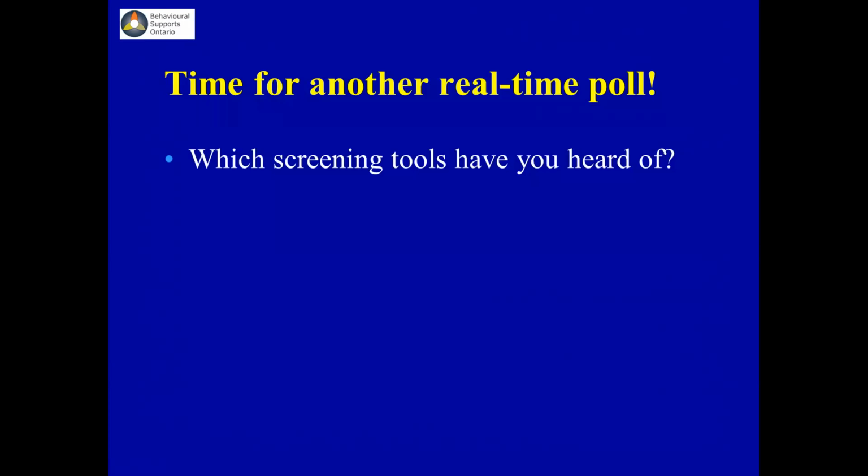And the answers, lots of people have heard of the CAGE, and that is very true in practice. A lot of people like to use the CAGE because it's 4 questions, it's quick and dirty, but unfortunately it's not super great with older adults. The AUDIT is good, thorough. We've got 21% seeing the AUDIT. And I'm wonderfully happy to see that 31% have heard of the SAMI. Thank you very much. Not that I get any money from the SAMI. It is completely free and downloadable, but I'm just excited that it's spreading out there.